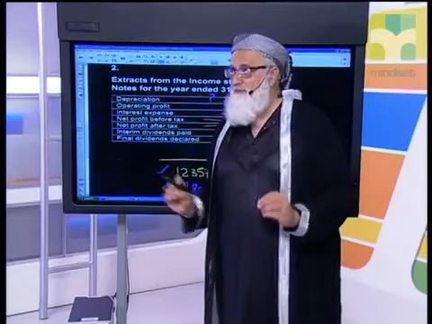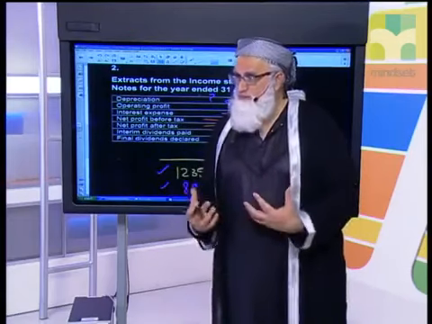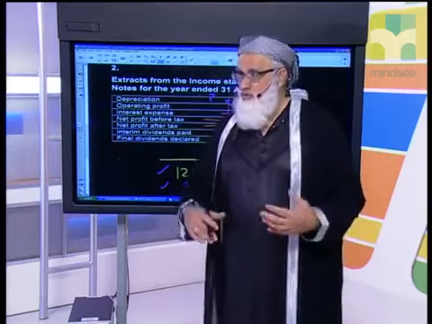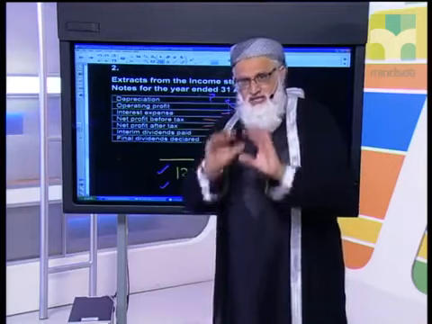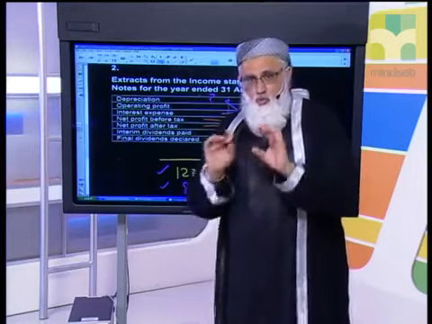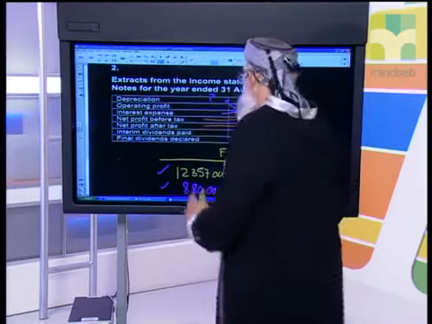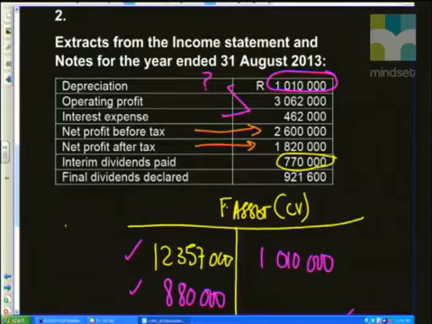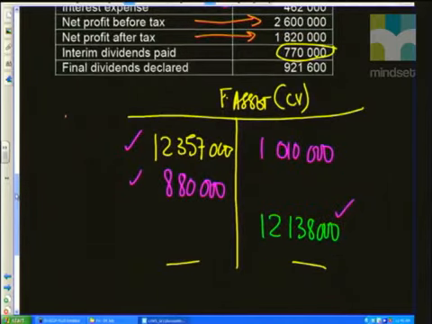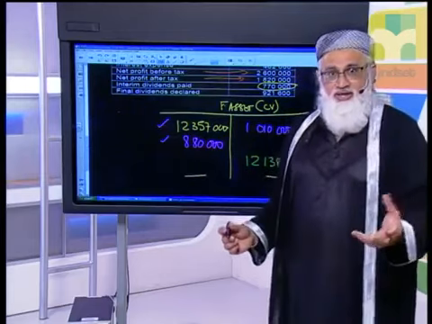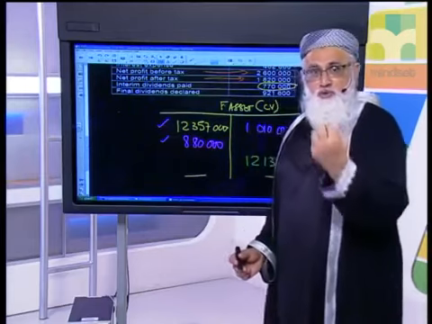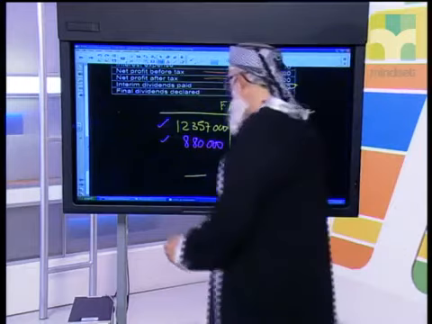BMT, big match temperament. Because once you lose your temperament, you make mistakes in accounting. You become flustered. Guys, keep cool. If something is a challenge, there's a calculation involved. Follow, work it out, and make sure you understand it. Right. In this particular case, that was not necessary because we have our depreciation figure of 1,010,000 rand, slotted into my account. I've got all the components that I require in order to calculate the proceeds of my disposal. Let's do that.